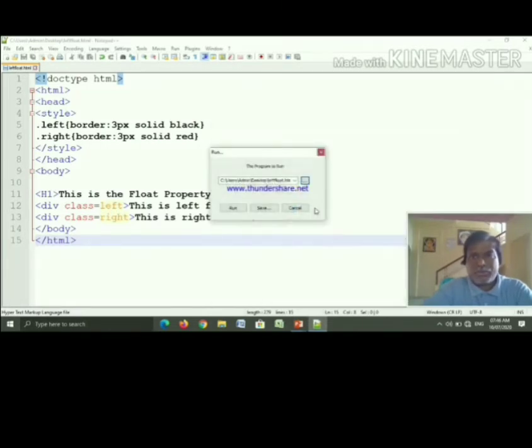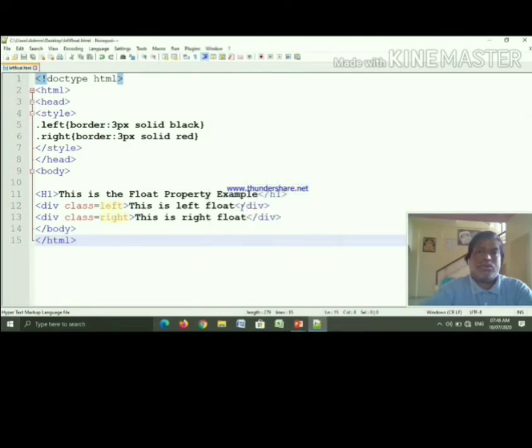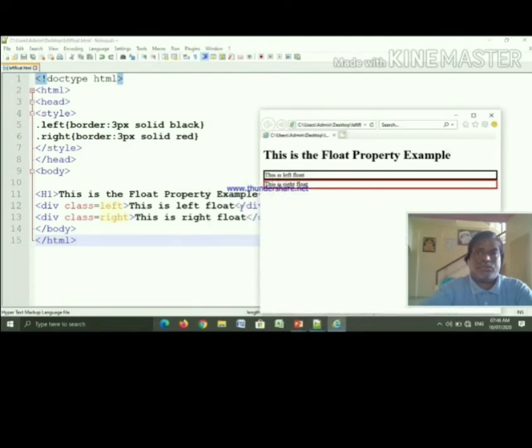Now see, here is the output. Because of this first h1 element, we get "this is the float property example" in the very first line.